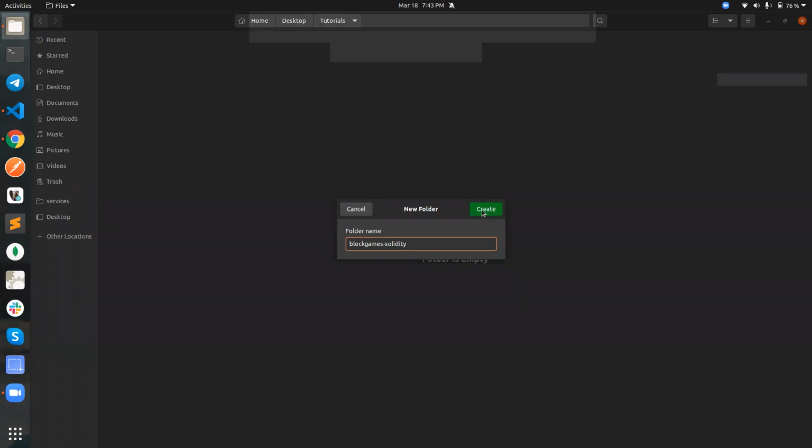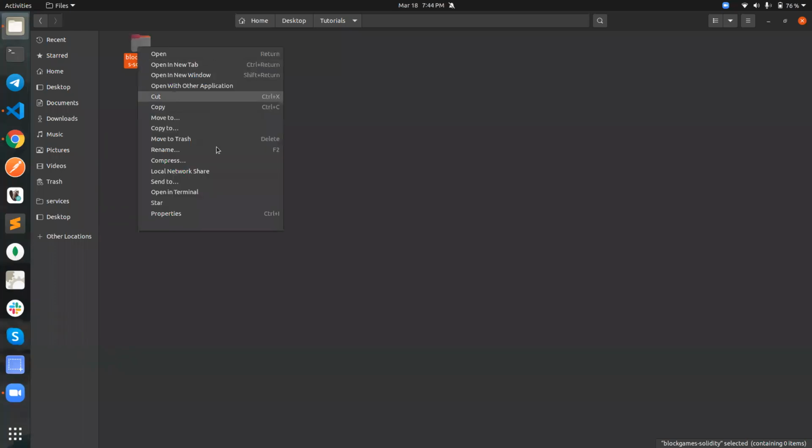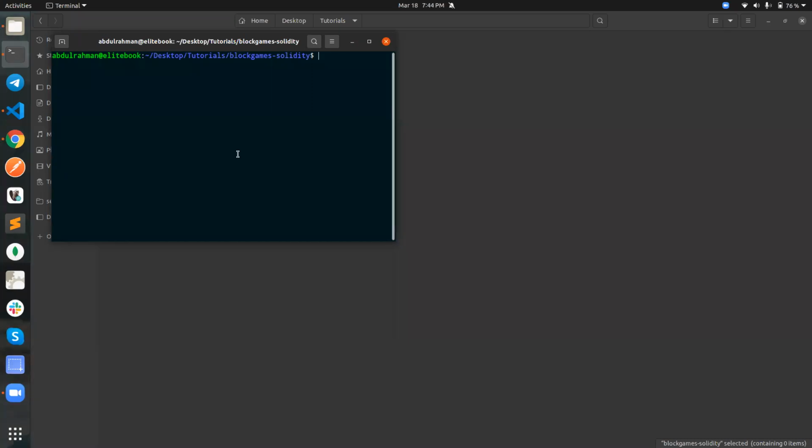Okay, so after that, you can right click and open your terminal. On Windows, you can open it in command line. So I'm going to open it in my terminal. Now that we've opened it, what I'm going to do next is